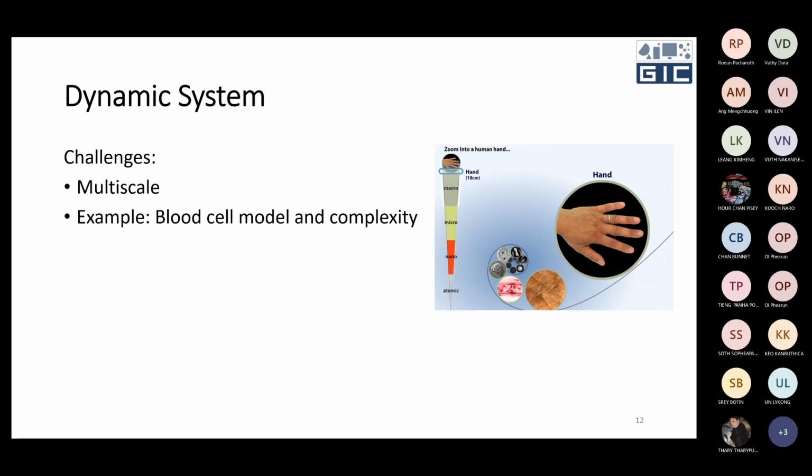And when you zoom in again to the last, the smallest one, it is a kind of cell, RNA or DNA. So it can be represented by something else. So when you have something that is multi-scale, when you focus on one situation, it can be represented by one thing, and in some other situation it is represented by another thing. So we call it multi-scale. This kind of system is very difficult to represent by something. So this is another challenge of dynamic systems.